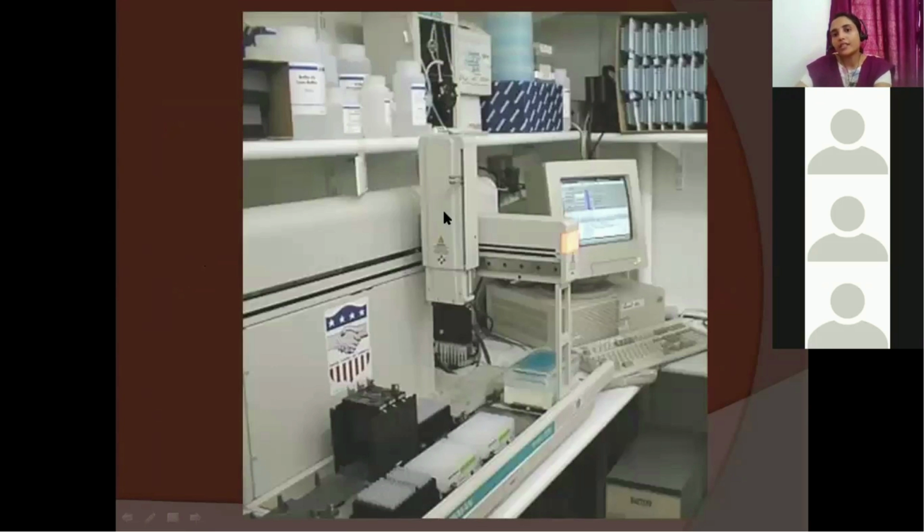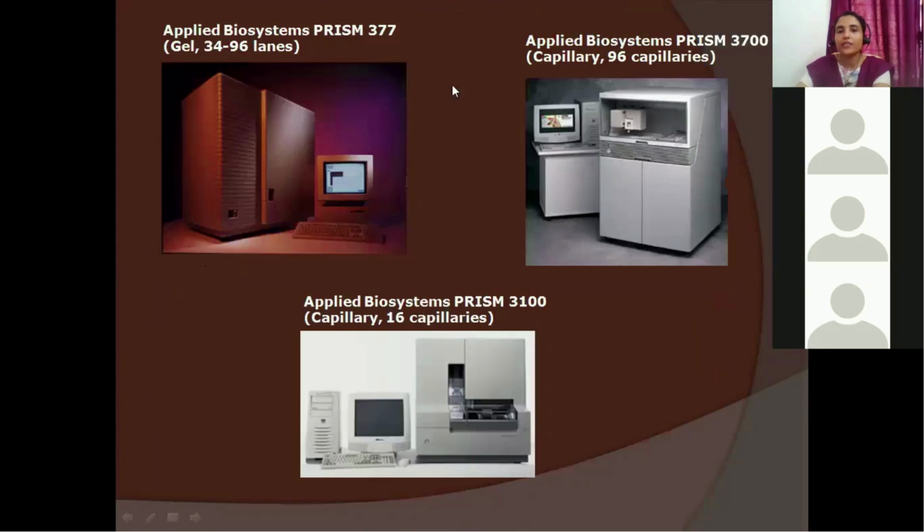So this is the lab setup. You can see a sequencer over here, which is connected to your computer. I just put this picture so that you get some idea how it actually looks. These are different sequencing machines that are used in